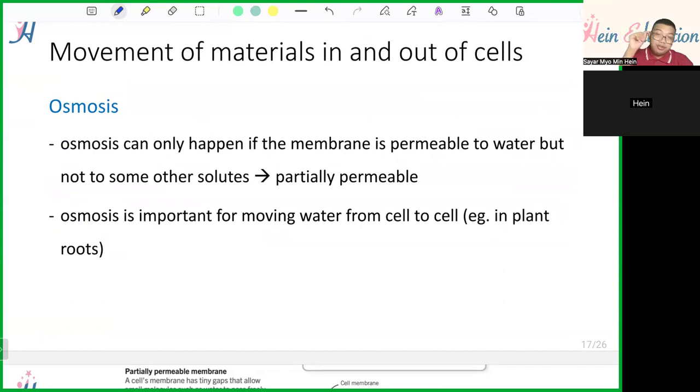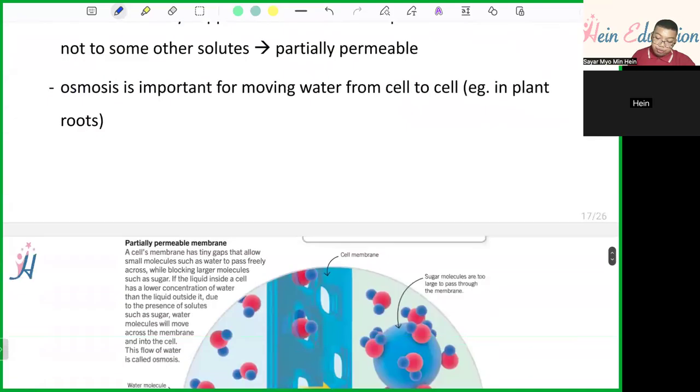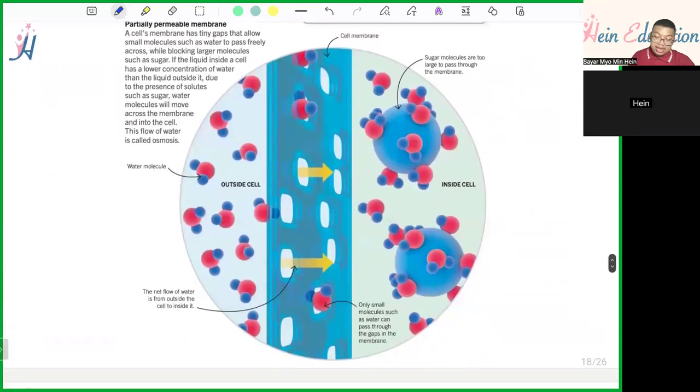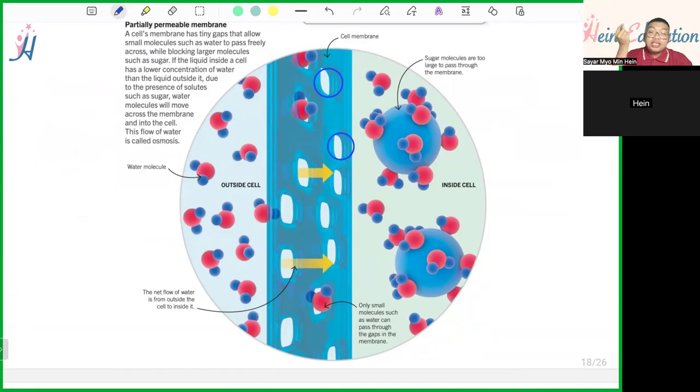And osmosis is really important for moving water from cell to cell, especially in the plant roots and the plant. So this is another illustration showing the partially permeable membrane, where we have specific holes which only allow specific molecules to pass through, right? So in this diagram, you can see this is a sugar solution, let's say, right? We can see this is the sugar solution, and